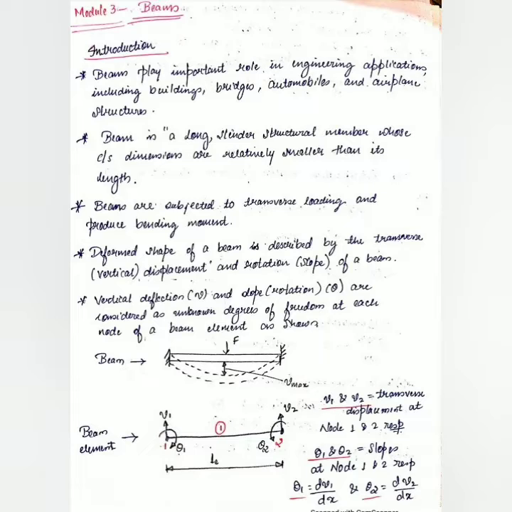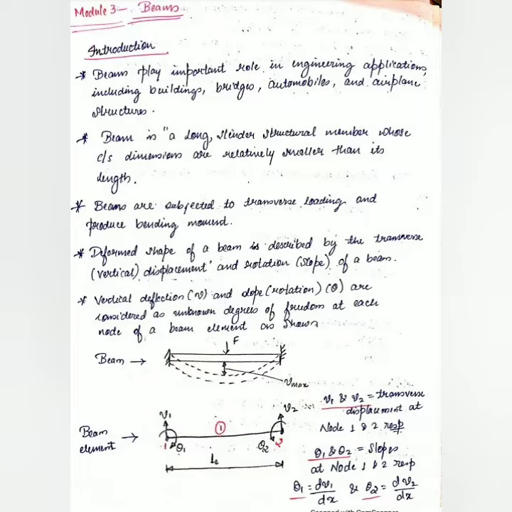In earlier chapters, theta was the term referred to for the angle of twist in the torsion chapter. So no need to get confused here. Here we are representing slope by theta in the beam chapter. So theta, that is slope, is expressed by dV by dx in this beam chapter. So for node 1, theta 1 equals dV1 upon dx and theta 2 equals dV2 by dx.